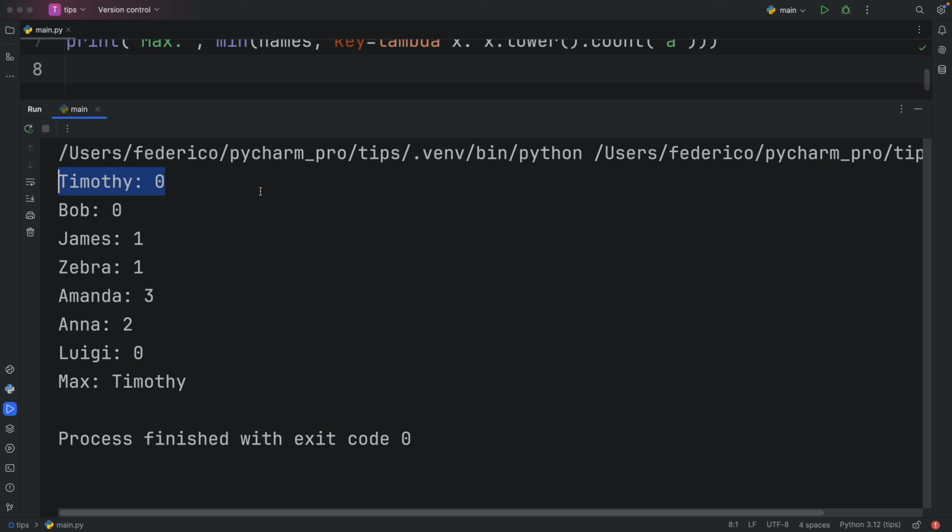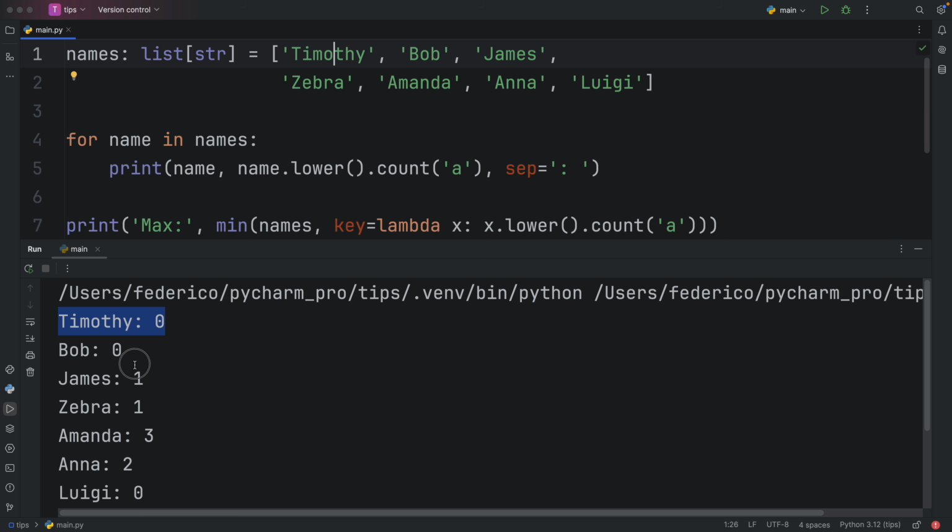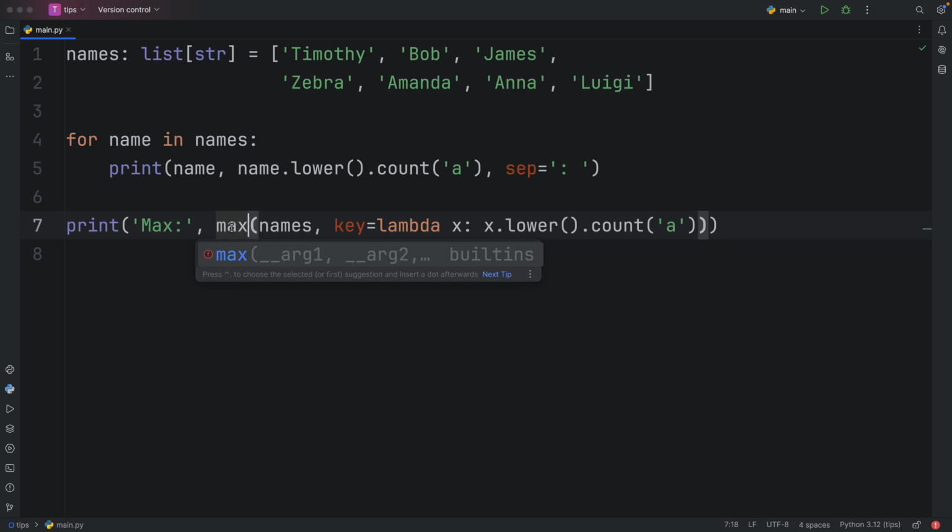Otherwise, if we were to change this to the min, we're going to get Timothy, because that was the first value that contains 0. It's not going to do this alphabetically anymore. It's just going to grab the first value that it found, which contains 0, since Bob, Timothy, and Luigi all contain 0. But let's change this back to max,